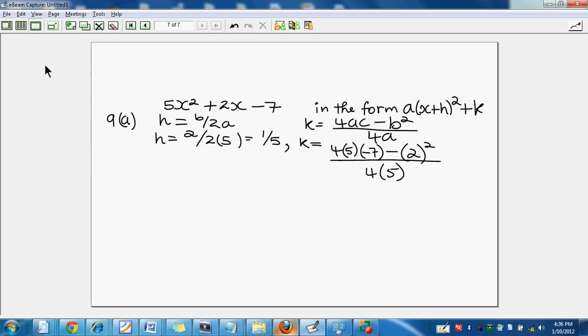So if we stick all of the numbers into K, we get 4 by 5 by minus 7 minus 2 squared all over 4 multiplied by 5. If we go through the process and work out what that is, you will get minus 144 over 20, which works out to be minus 7 and 1/5. So you'll get minus 7 and 1/5 for K. Therefore, if we have to put it in that form, we can now write it. Therefore, the required form is